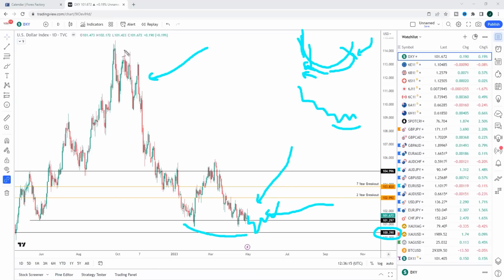And again, that wouldn't change the fact that even though we're testing the lows, or we come back below this low, that doesn't necessarily mean this is not a bottom. A bottom is a process. It takes time. And we could very well see momentum lacking. When we go and look at the euro, which is essentially the inverse of this, you might see that a little bit clearer, where that push to the upside is running out of steam, and this sell-off here is also really running out of steam. We're lacking momentum every time we test the lows. So not outright bullish in the dollar, but I do think we're in the process of forming a bottom.